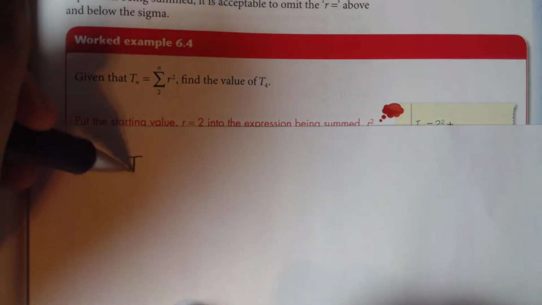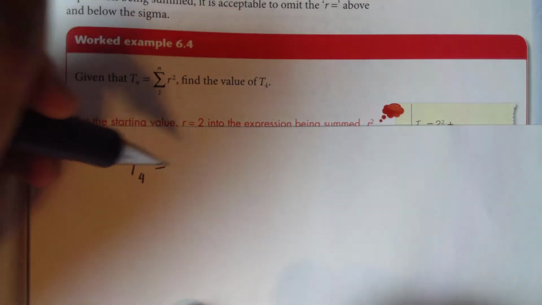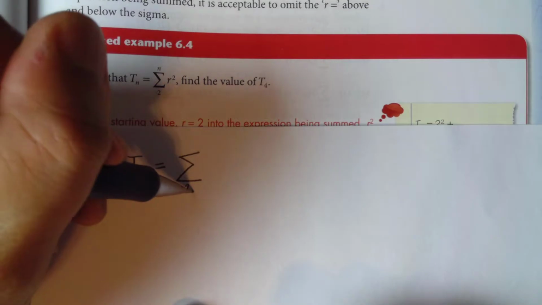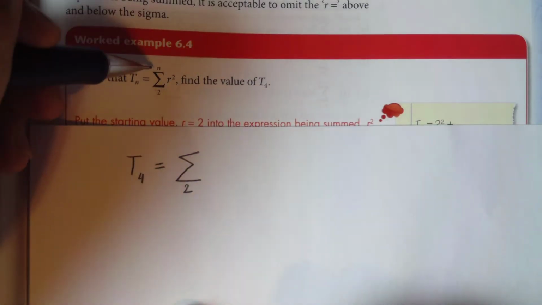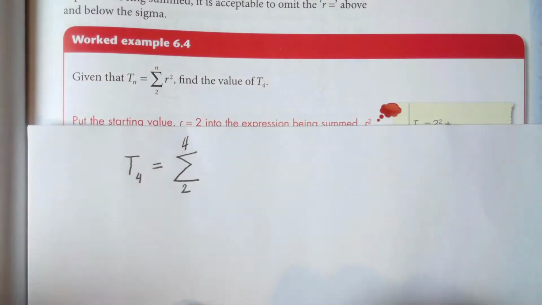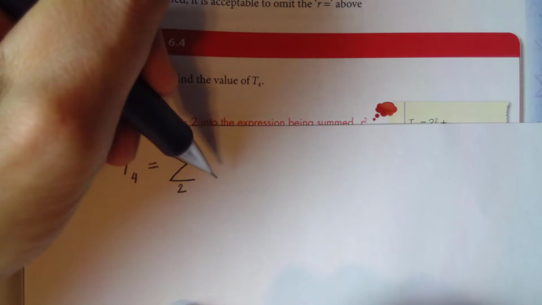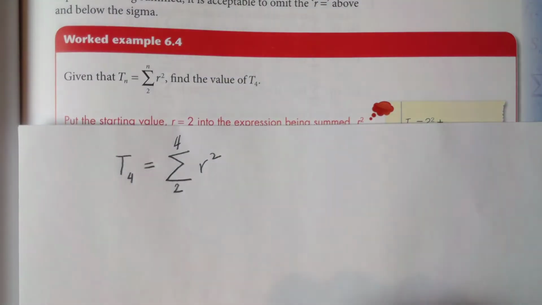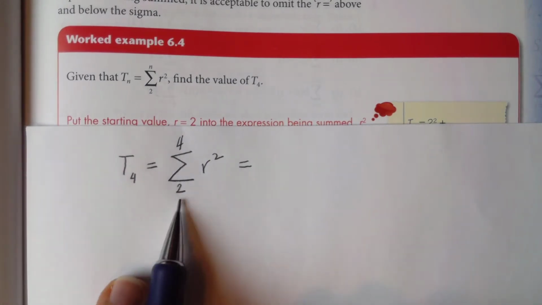So what we have here is T4 is equal to the sigma, where we're adding up terms. This is the starting point. We're starting at 2 and we're ending at n, and n here happens to be 4. r squared is left alone like that. And so the way that this machine works is that we start off by substituting in